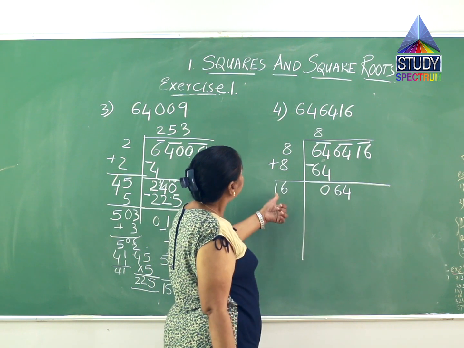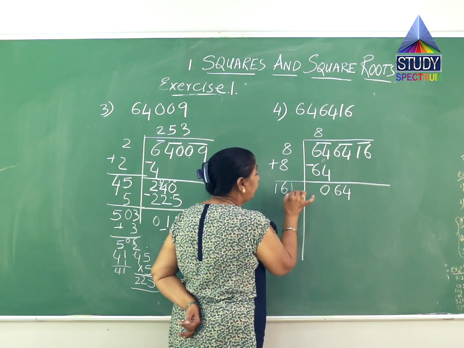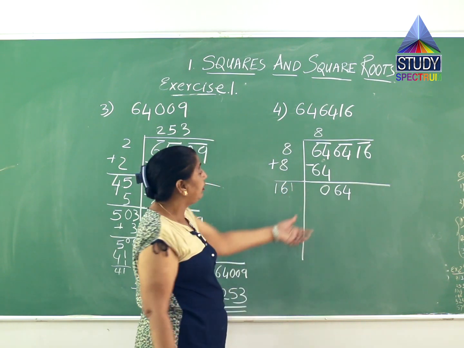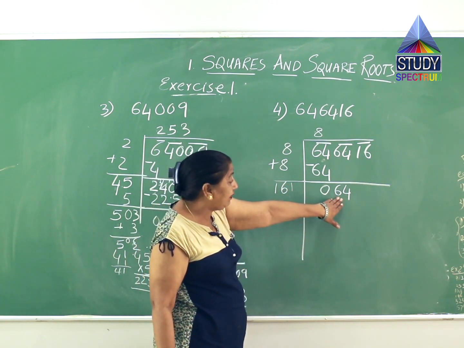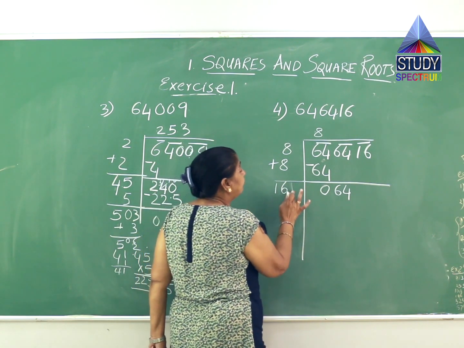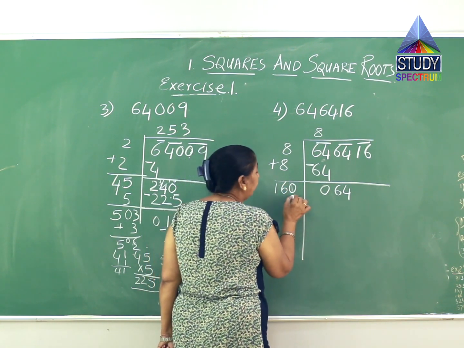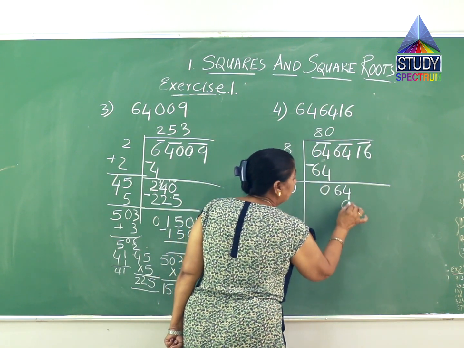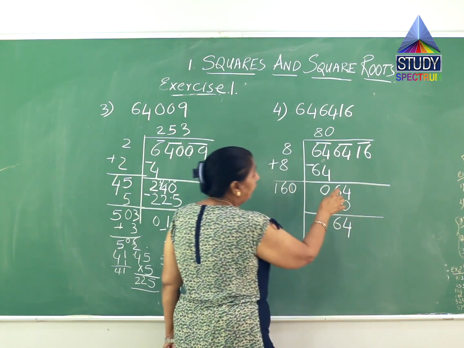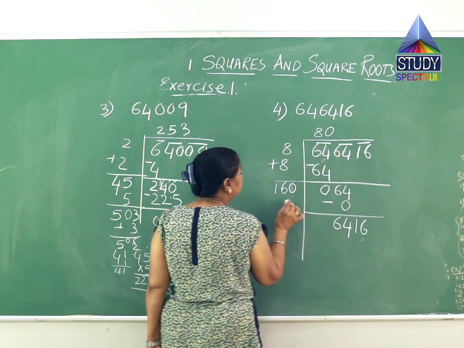Now 16 is the number. If I'll put any number over here, it will become 3-digit number. And if I multiply any number by 3-digit number, it will give me 3-digit, which is greater than 64. So here what I have to do is I have to take 0 over here. So that when I multiply, 0 multiplied by anything gives me 0. So here it will come 0 which I will subtract and it will give me 64 again. And here the next step, you have to take 16 together over here and add this 0 to this.